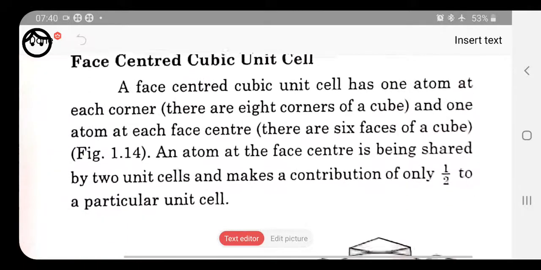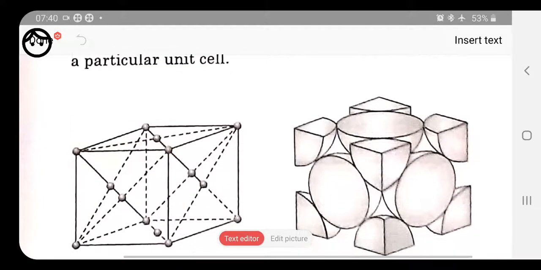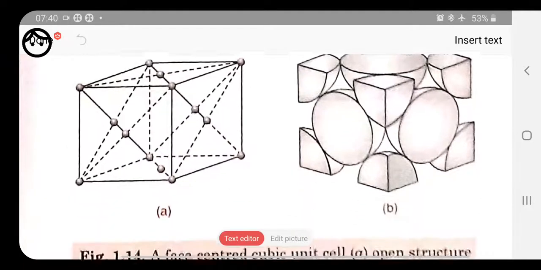Now first see that at each face constituent particles are present. It means if a constituent particle is present at a face, each unit cell is going to get the half portion, because unit cells are combined with one another for the formation of the crystal lattice. So if one is present at the face, each one is going to get half portion of that constituent particle. Look at the structure here. For the faces we are getting half portion, and at the corner we are getting 1/8 part. That we have already done for the simple unit cell.